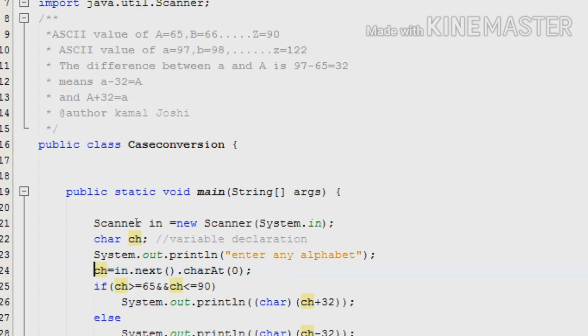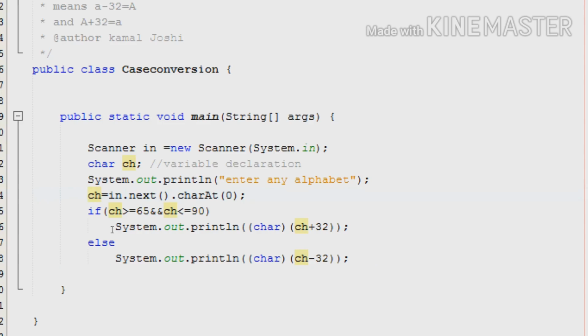When we give this function in.next().charAt(0), it means the first character. Suppose you are writing Amit, A-M-I-T. The first character of Amit is A, and it will be stored in the variable ch.